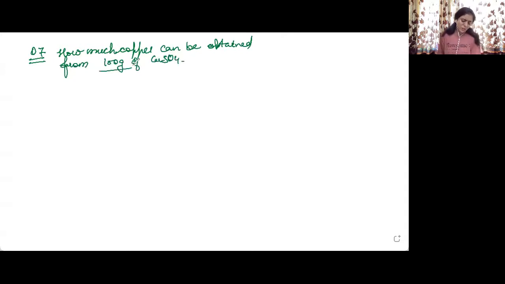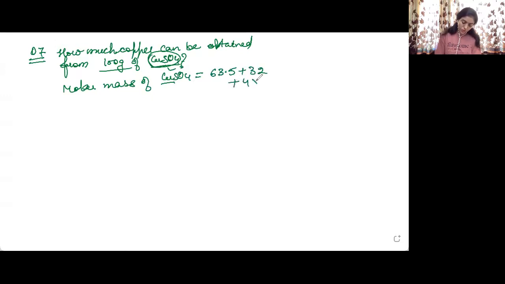So now this is very simple. You may feel, how can we know how much copper 100 gram of copper sulfate will give? You just need to find out how much copper can be obtained from the total molar mass of this very compound, that is copper sulfate. So the molar mass of copper sulfate is equal to, for copper, the atomic mass is 63.5, plus sulfur, it is 32, plus 4 into 16. So you just need to find it out.